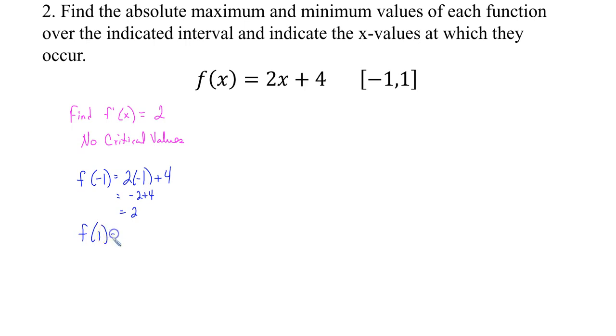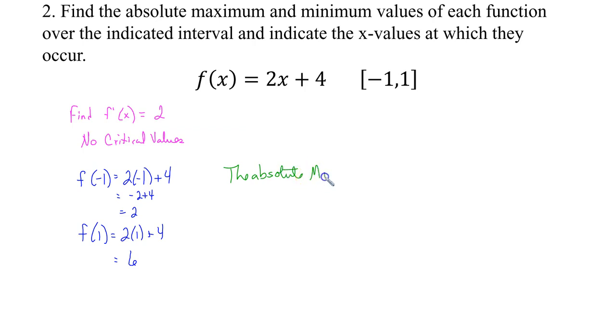Now we're going to do exactly the same thing at f of 1. I hope you have an idea of whether this is going to be larger or smaller, but we'll plug it in and see. 2 times 1 plus 4 gives me 2 plus 4, which gives me a value of 6. This is the largest value produced by this function, and this is the smallest value produced by this function using my 2 endpoints. So we can say that based on this, the absolute, so we're going to make the distinction here,